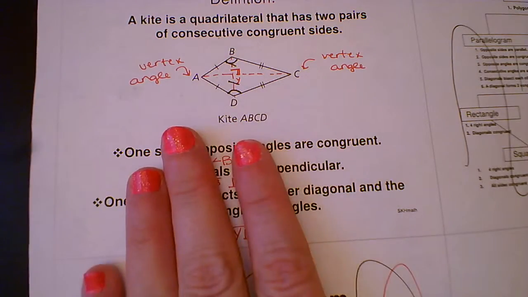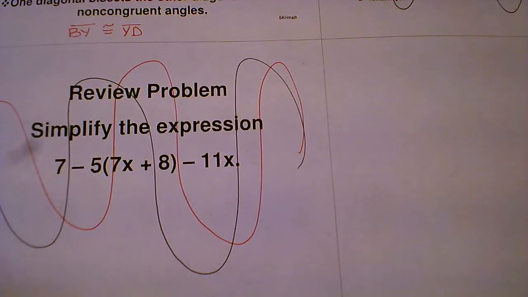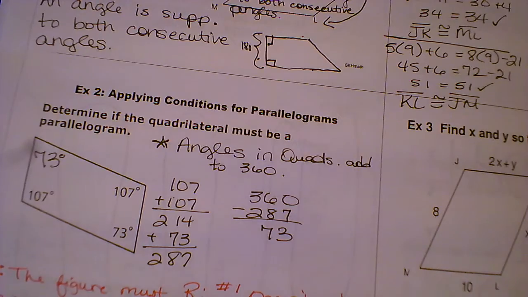Now, the quadrilaterals chart on the next slide, we're actually going to do a different version of this in class on Monday, so you don't have to worry about this or the review problem, which is just simplifying an expression. So those are the notes for the quadrilateral properties. From that, you should be able to complete the assignment. The assignment is just using the properties that we've already gone over. So in that, try and look for those 6 parallelogram properties, finding opposite angles, finding opposite sides,